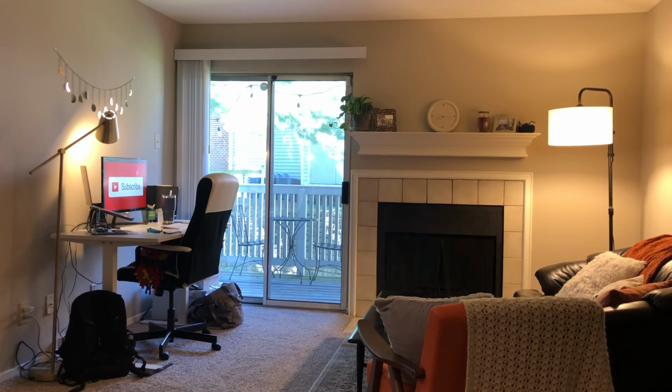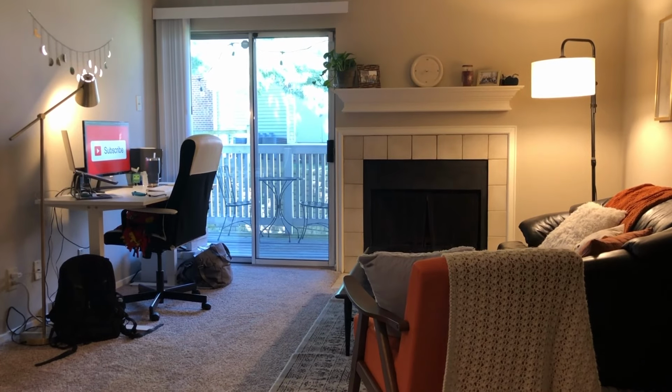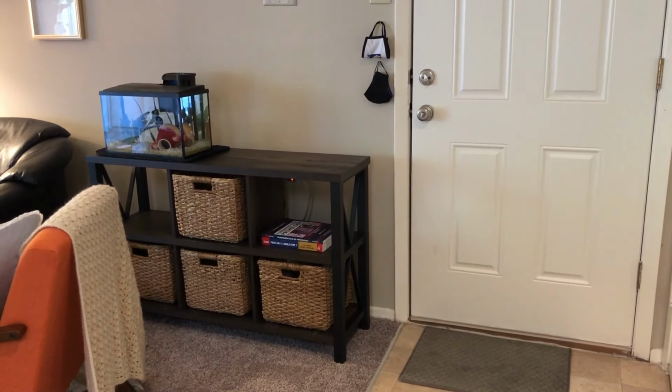I sacrificed the lighting in the apartment for the privacy of the balcony, and I think that was probably the right move for me. I do wish it was a little bit brighter in here, so I might consider getting another lamp, but honestly I feel like 3 lamps plus the single overhead ceiling light here is probably a little overkill, but that's fine. So moving to right next to the door, I have this little cube organizer bookshelf thing,